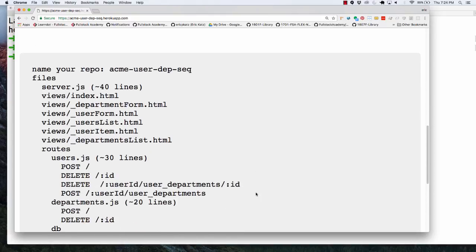Nothing really all that major here. You can see that on our form that's up there. We've got a form to add a department. We've got a form to add a user. We've got a departments list. And we've also got a user list, and I also broke out the user item because there's a little bit more functionality in there for the individual users, where internally you can sort of imagine that what you're doing is